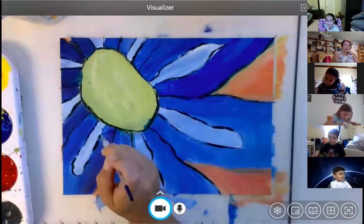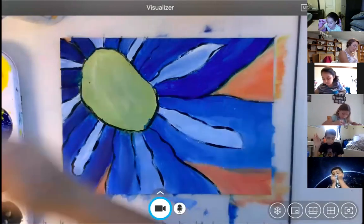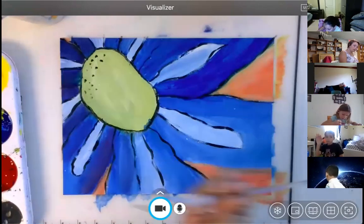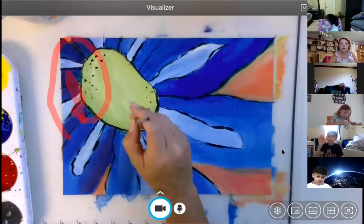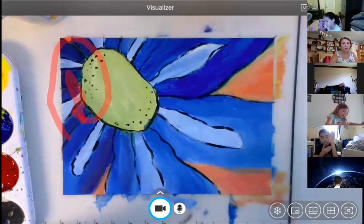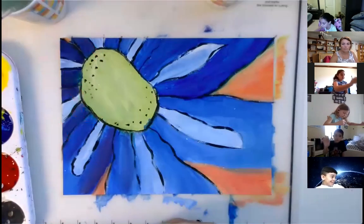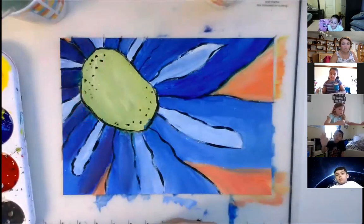All right. So after I'm done with that, I'm going to add a few little dots in the center. And I'm going to add just a little bit on one side. And then I'm going to add a little bit on the other side. And then I am also going to make sure that no one is